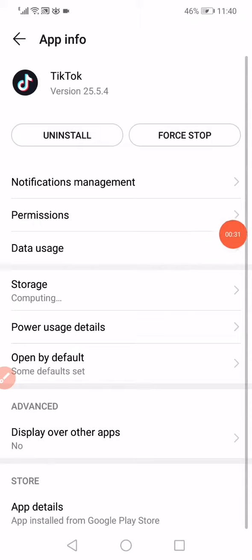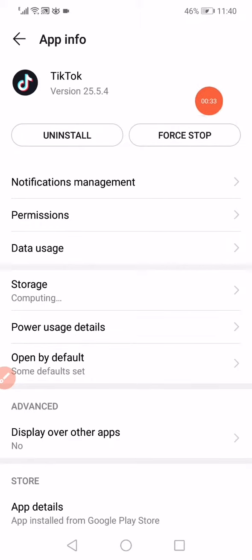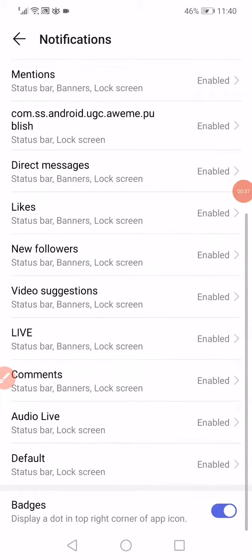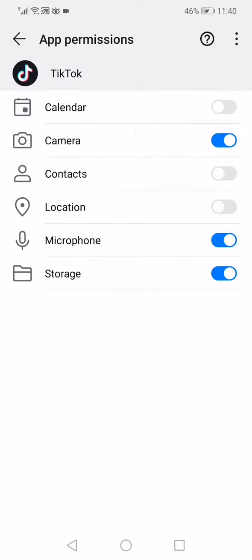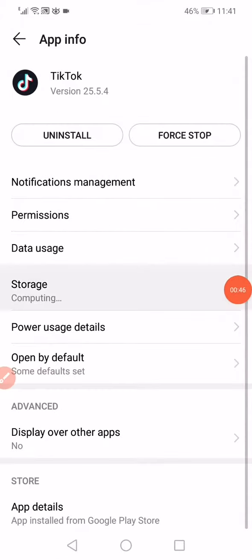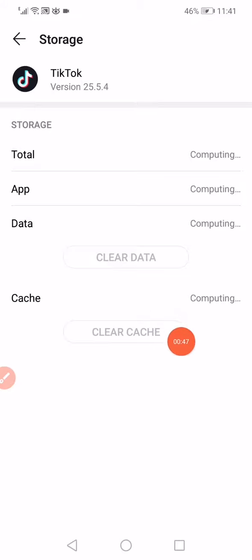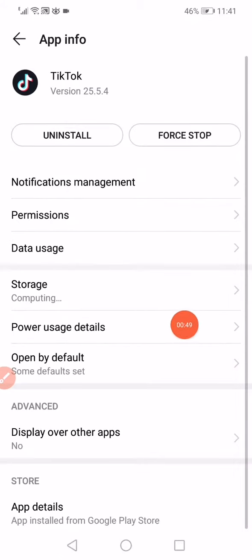When you find it, you have to click on it and then go into the force stop option, click on it and then go to the notifications. Make sure to enable every notifications here, click on the permission and then make sure also to enable all the permissions and then go to the storage, click on clear data, clear cache and then go to the power usage